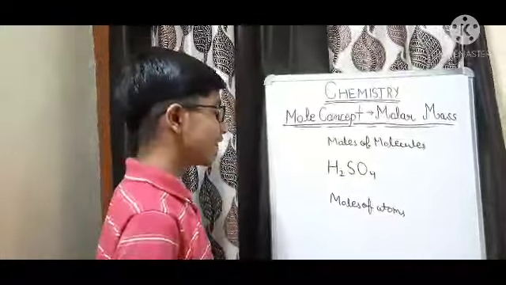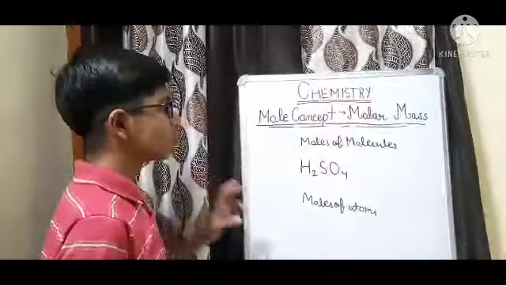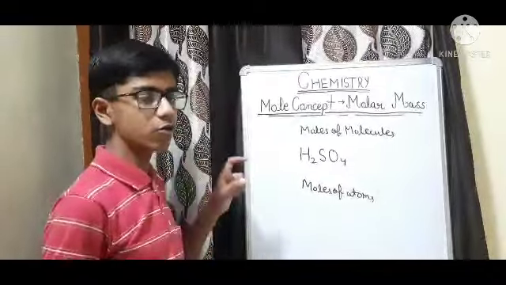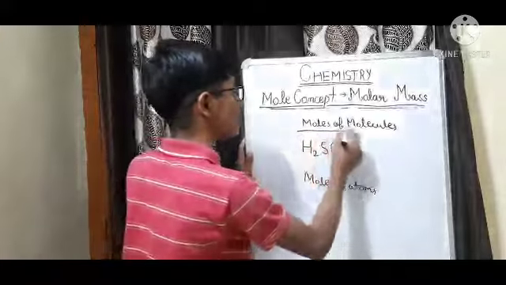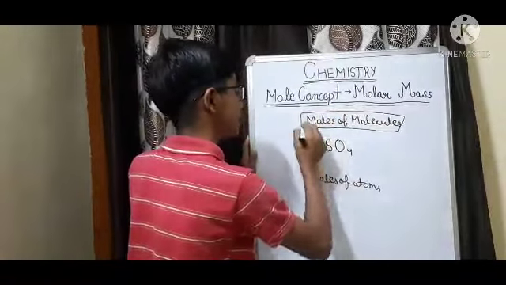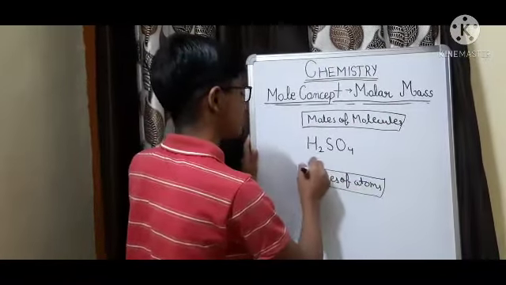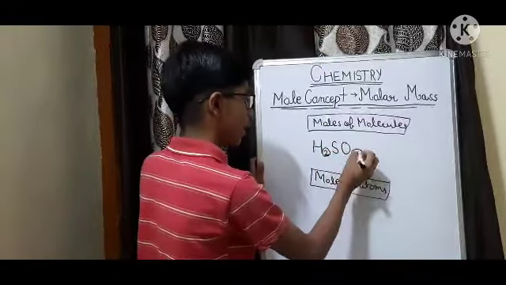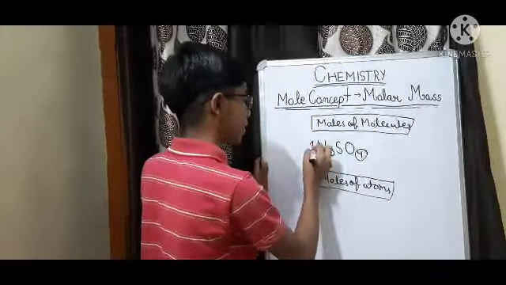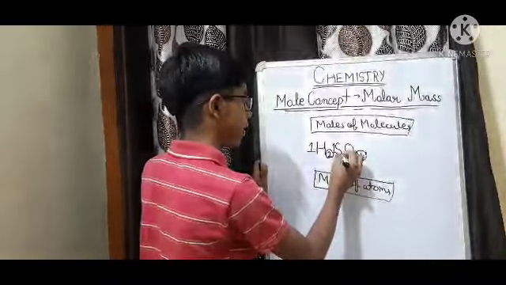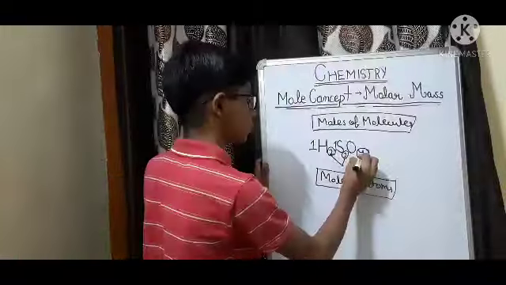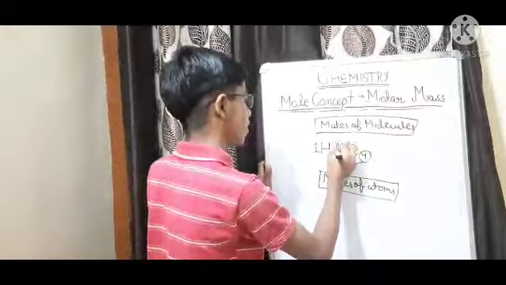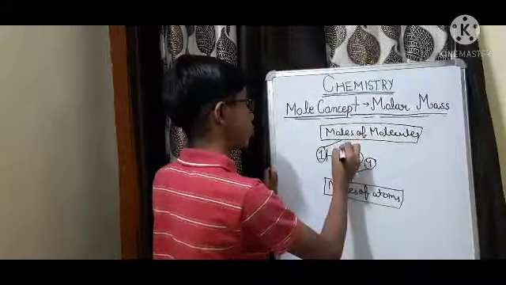Now in the previous question I talked about the mass of H atoms, not molecules. So some students will be puzzled about what moles of molecules are, and what is the difference between moles of molecules and moles of atoms. That I will also be clearing up. So these are the atoms. For example, here nothing is written, so it is considered as one, and here it is one. So these are the moles of atoms, and this also over here is one. So these 1, 1 and 1 are the moles of molecules.